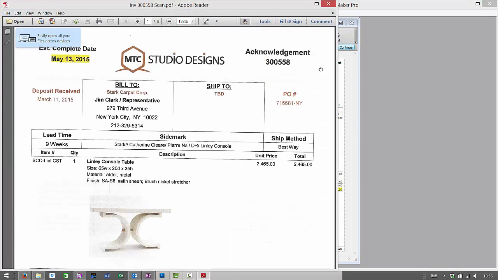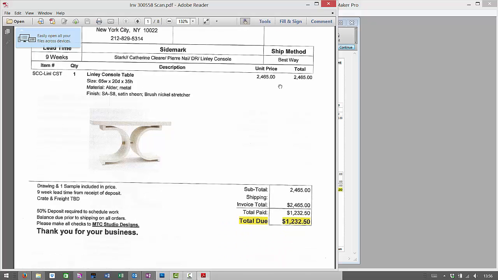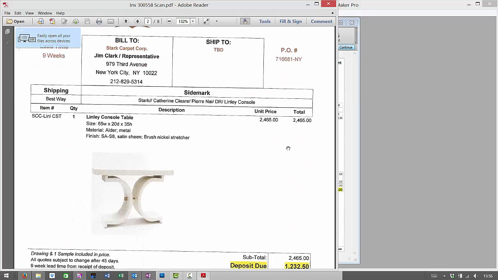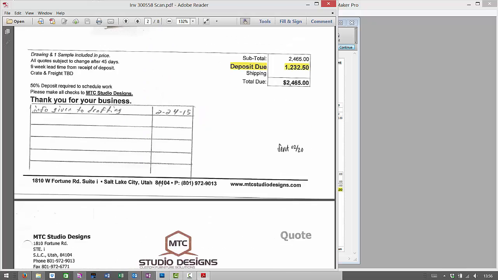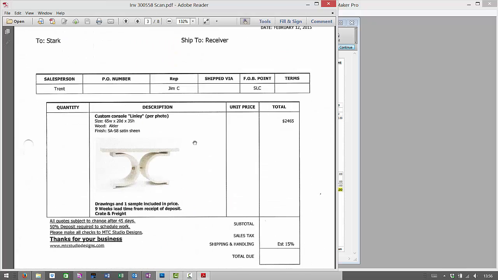So when you open it up, you're going to see the acknowledgement on top, followed by the deposit request. Not all orders are going to have a deposit request, so if you don't have one, don't freak out. You don't need to make one if they sent money without needing it. But if it does, it needs to be in this order where it's acknowledgement on top, then the deposit request, and then our quote,